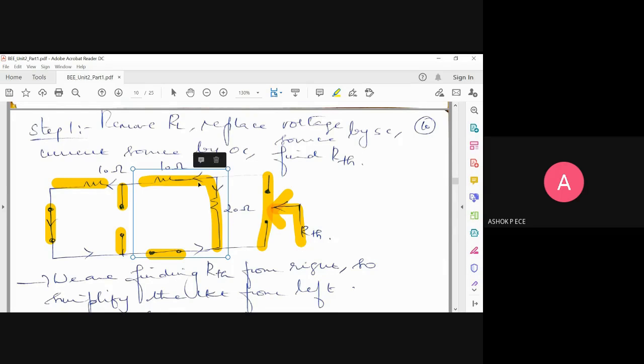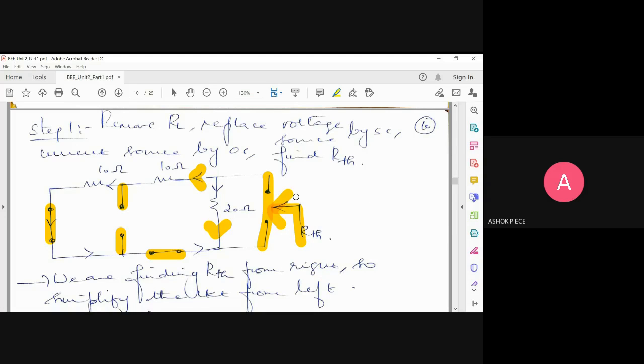No. So here I'm measuring RTH across the removed component on the rightmost end. So my RTH value will be like 10, and these two 10 and 10 will be in series, parallel to 20. If I measure RTH across this component, then this 10 and 10 will never be in series. This 10 and 20 will be in series. It will be in parallel with this 10. That's why I said whenever you find RTH, you visualize the resistance and see whether they are in series or parallel. For that, these current directions will help you a lot. Splitting means parallel, same means series. So that should help you.